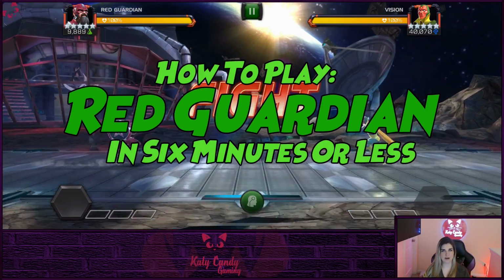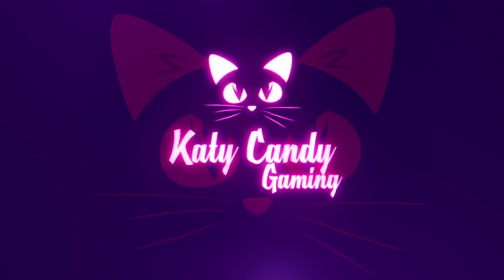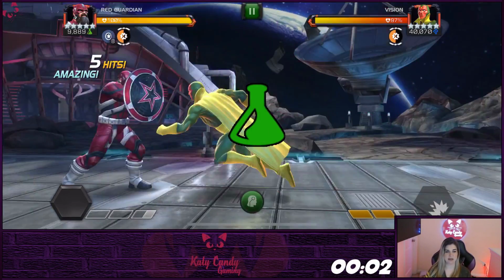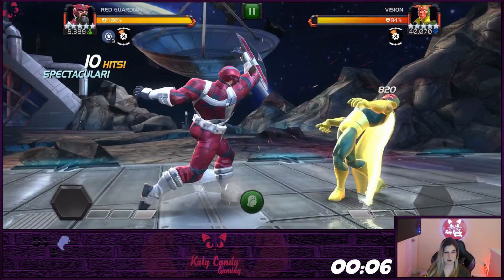How to play Red Guardian in 6 minutes or less. Red Guardian is one of the newest science champs to enter MCOC. He comes with a very unique set of tools and is one of the most versatile characters to enter the